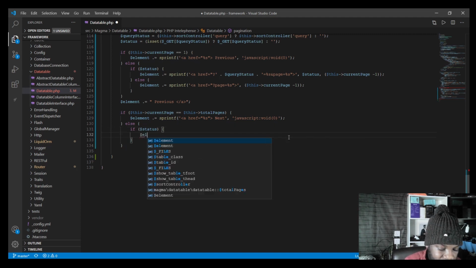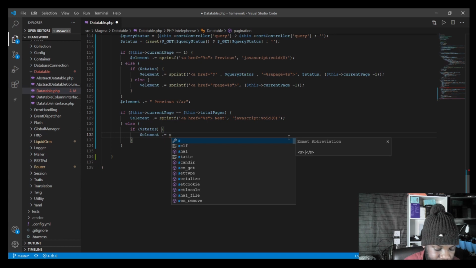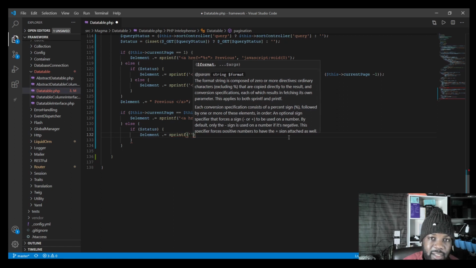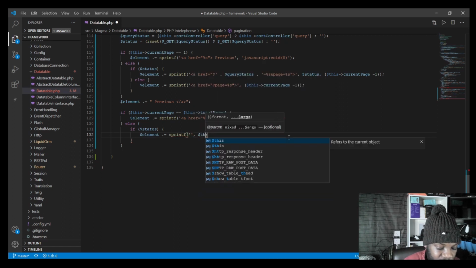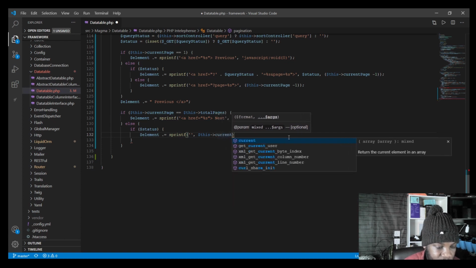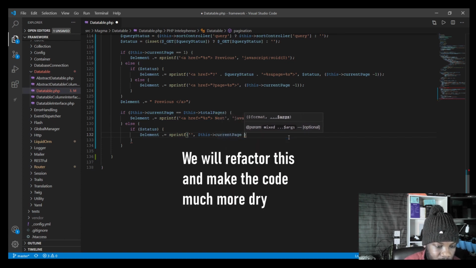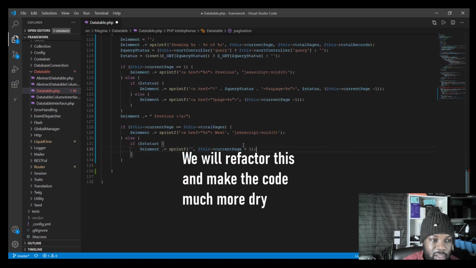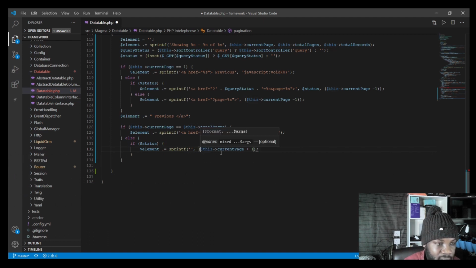And we're saying element printf, and we're going to pass in one argument, which is going to be this current page, and we're going to increment upwards now. So we're going to increment by 1 upwards, right? In the previous, we're sort of decreasing by 1. In this, we're incrementing upwards. So let's wrap that into some parentheses,